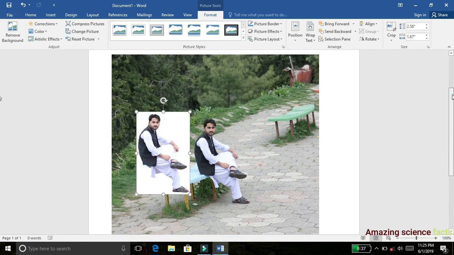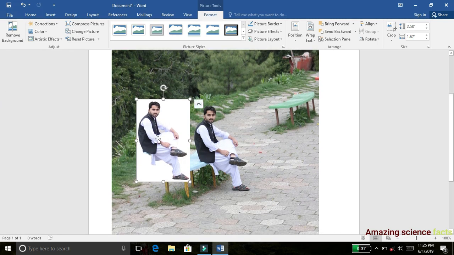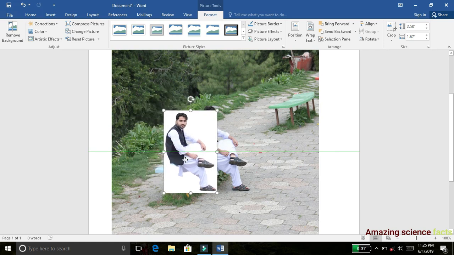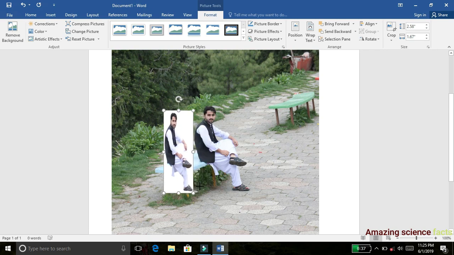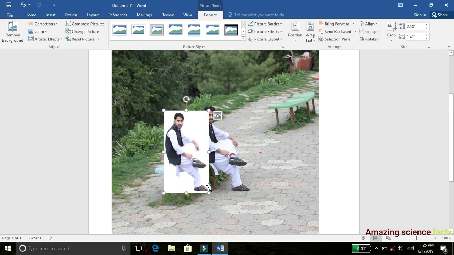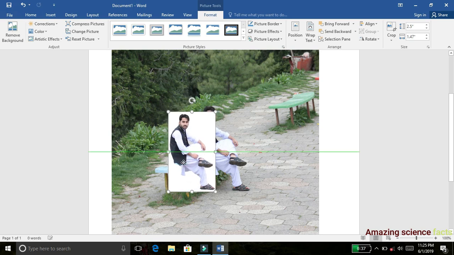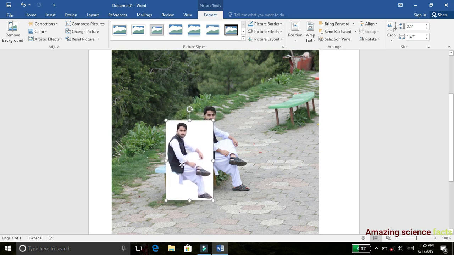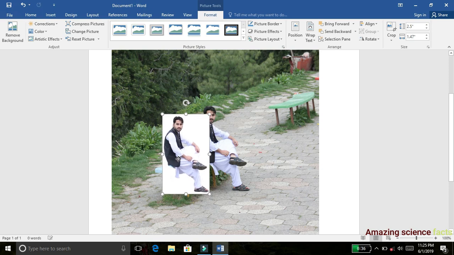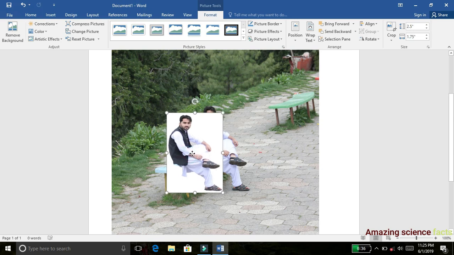Now adjust this photo wherever you want. So I'll make this a little smaller. And adjust this photo right here. After you are done with all these,